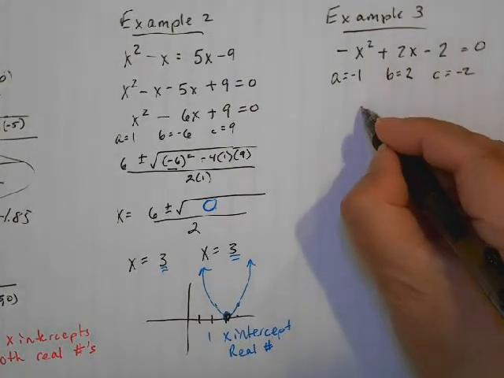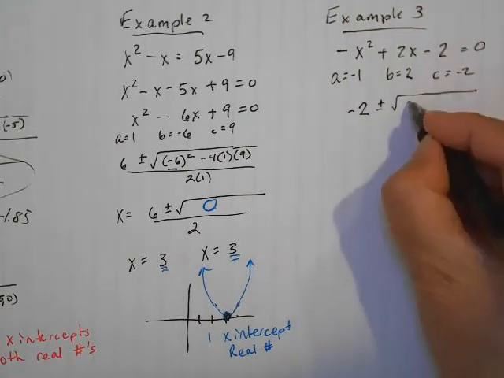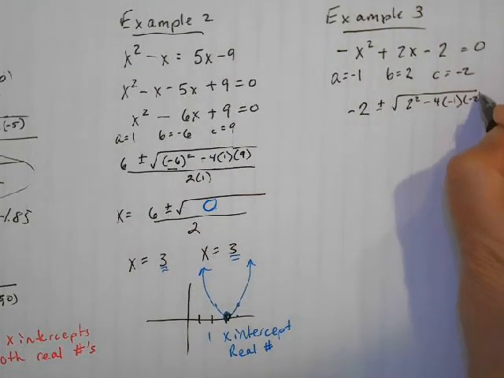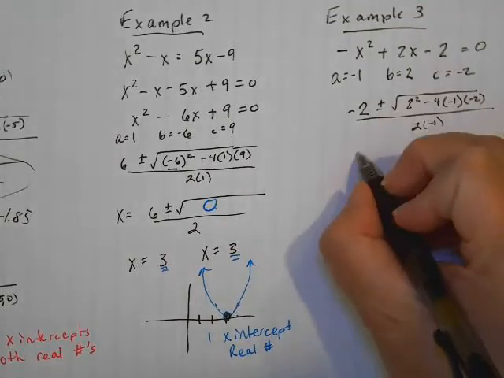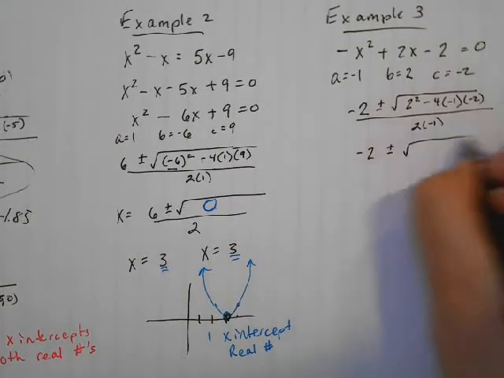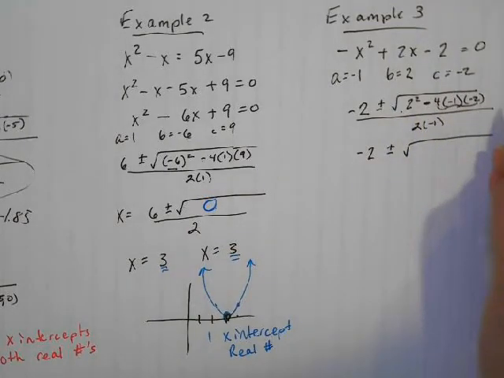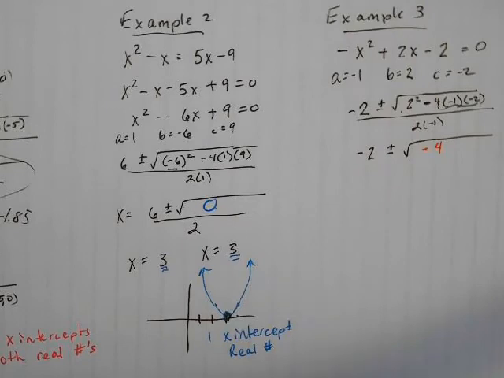So the opposite of B, so it'd be -2 plus or minus the square root of B squared minus 4 times A times C over 2 times A. So I get -2 plus or minus the square root of 4 subtract, and this is going to be 8. 4 subtract 8 is -4 over